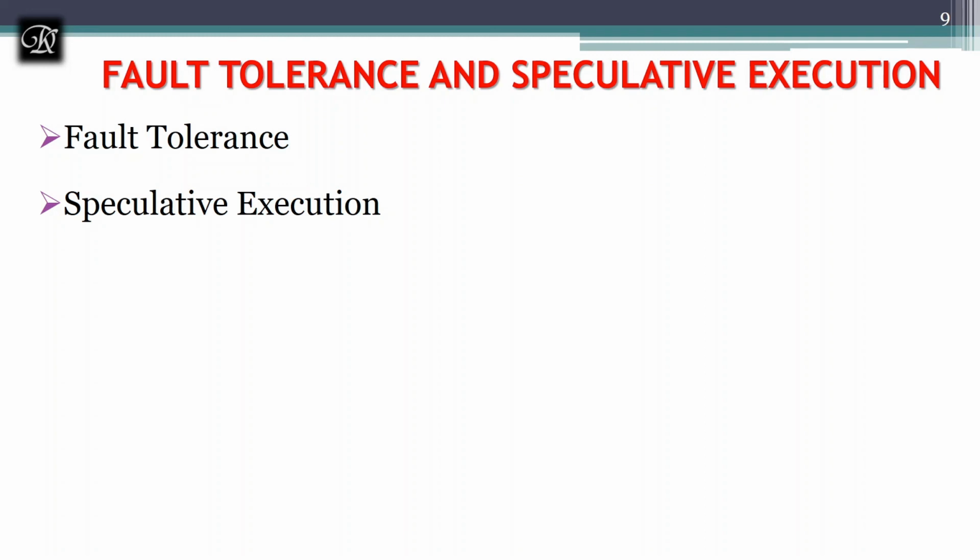Let's see what speculative execution is. One of the challenges with a large cluster is the inability to predict and manage unexpected system bottlenecks and failures. This problem represents a difficult challenge for larger systems. Thus, it is possible that there is a congested network. You know what a congested network is: when there exists a bottleneck, that itself is a congested network.